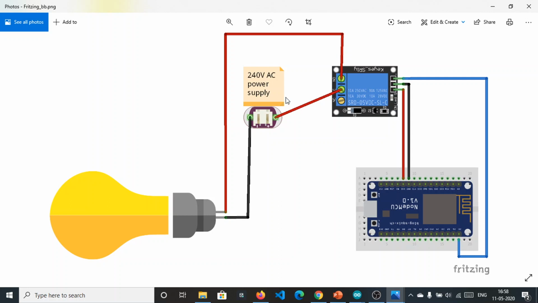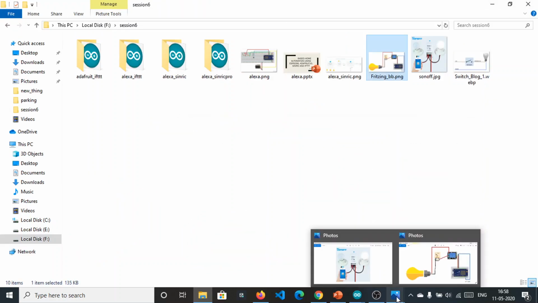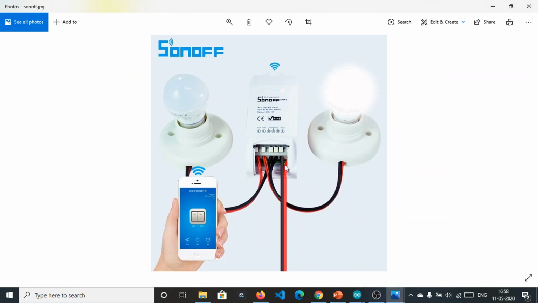Here it is a bulb, and this is the 240 volt AC power supply. So you can do that, but if you want to connect in a very simple manner, you should use these types of Sonoff switches. These are very helpful in home automation projects.